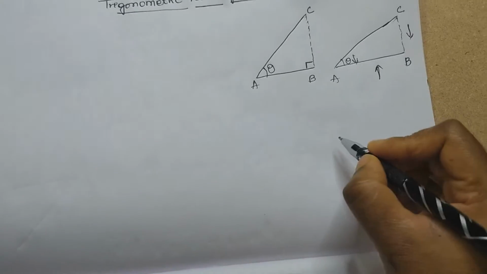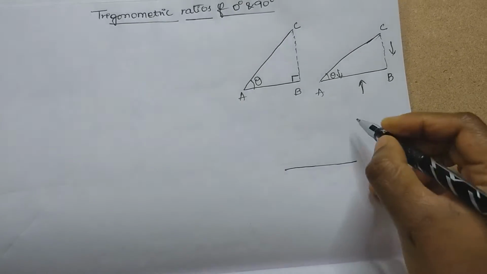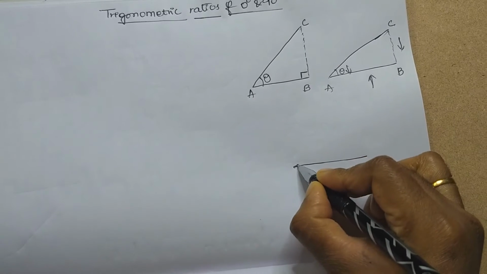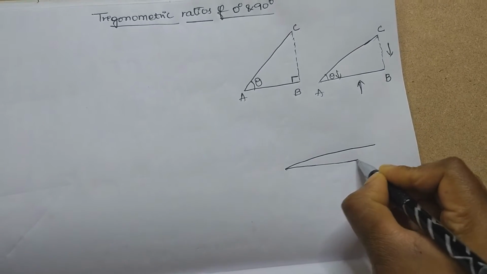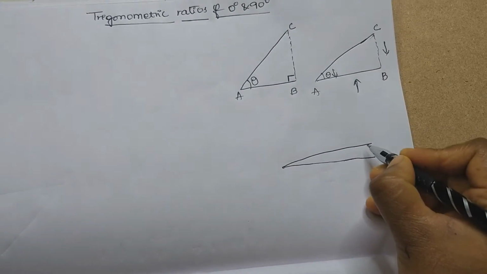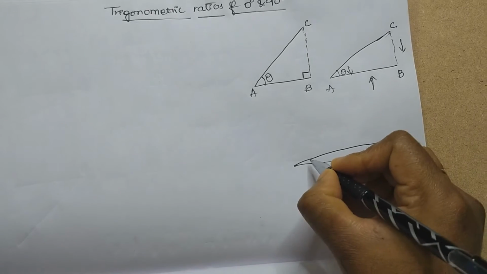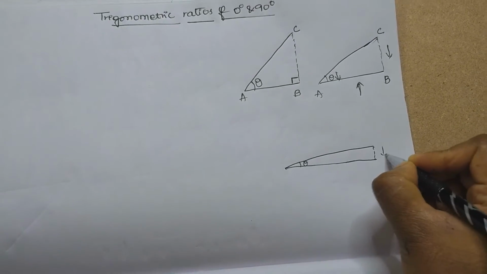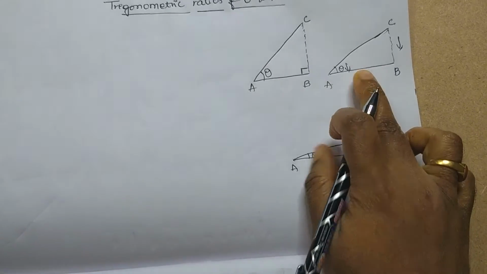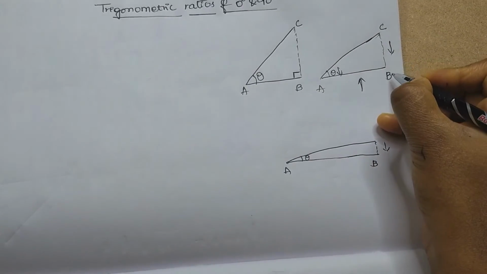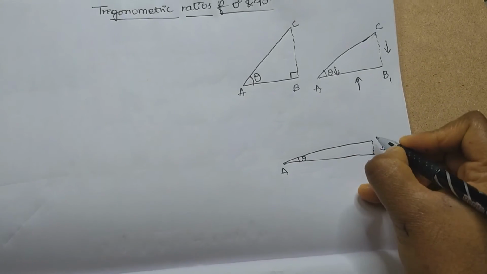Okay. So the same concept, let me explain further. If theta is minimal like this, it means the base is much more increased and the height is very much decreased. Theta is decreased, then the height is very much decreased and the base is increased much more when compared to this. So let's consider this as B1 and this as B2. A will be same and C will be same.